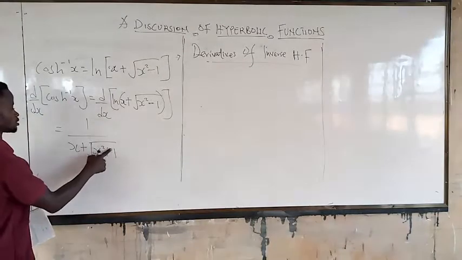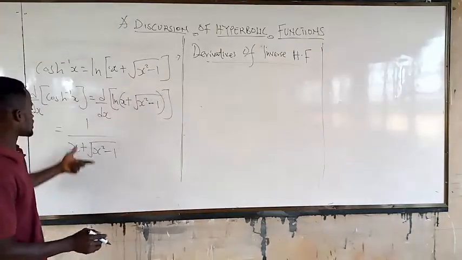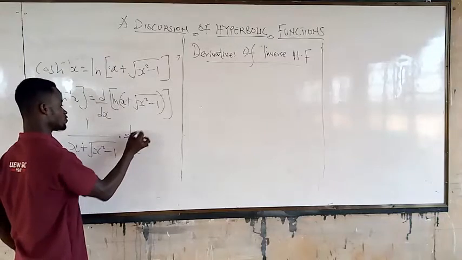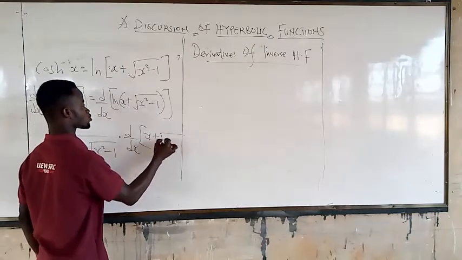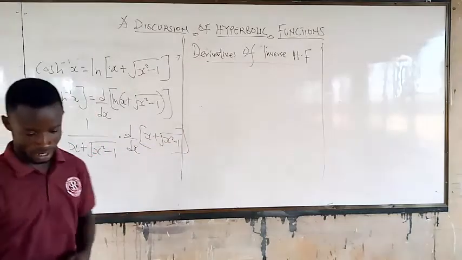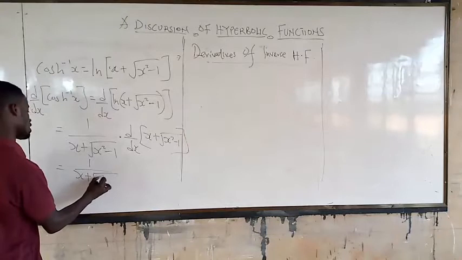Good, minus. So that would be 1 over the inside of the ln times the derivative of the inside. And the inside is x plus square root of x squared minus 1. So this is calculus 1. Alright, so with this you are going to get 1 over x plus square root of x squared minus 1